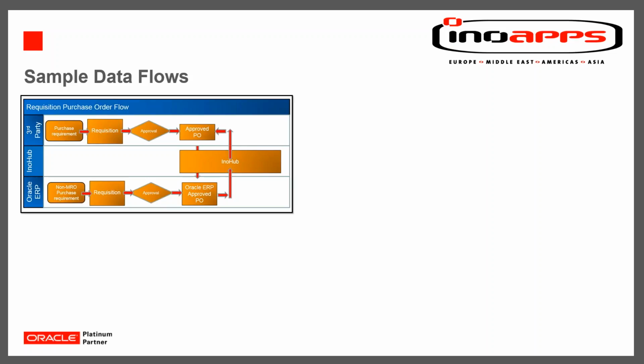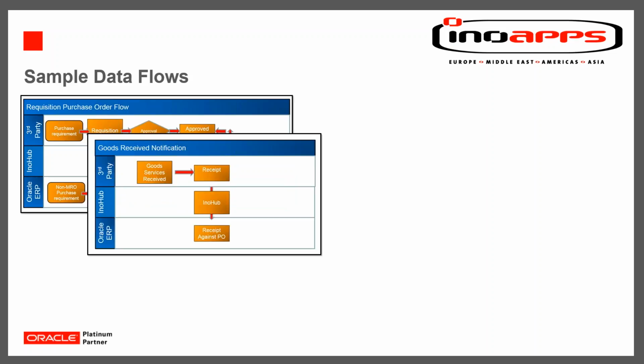We received a JSON message, transformed that, and then used that to create a purchase order within our Oracle ERP system. It's a solution that we built for a customer and is working fantastically well. Associated with that is the concept of goods received notification. The goods are receipted in a third-party system, and we then credit those receipts against our purchase order. So again, a really neat and simple way of synchronizing two business processes across two disparate systems to allow us